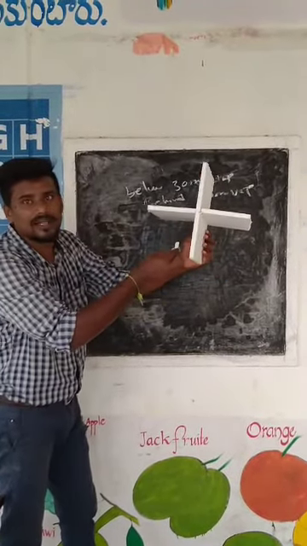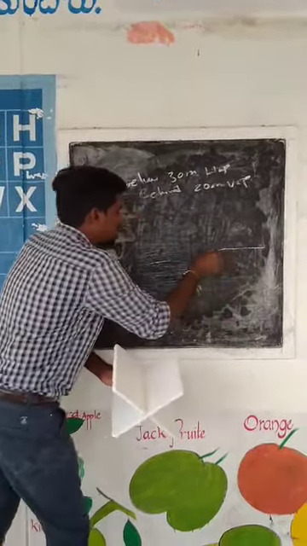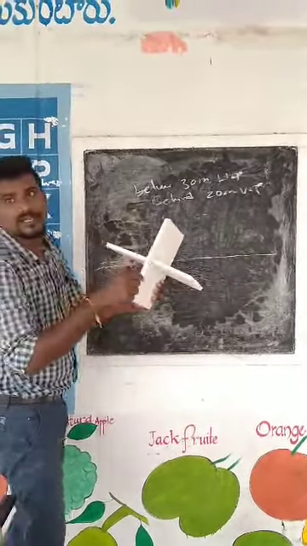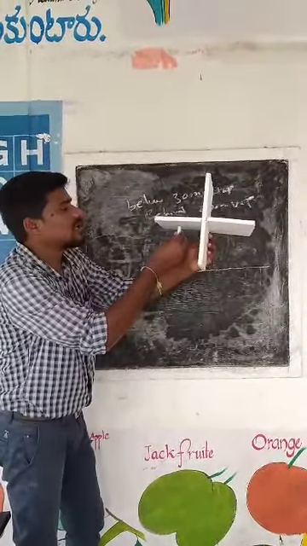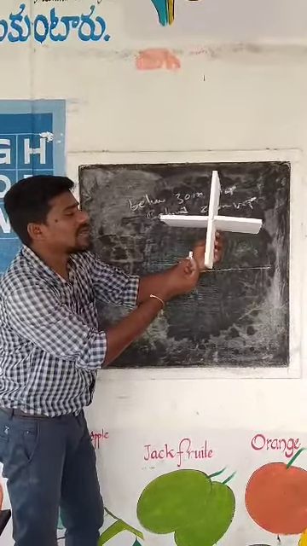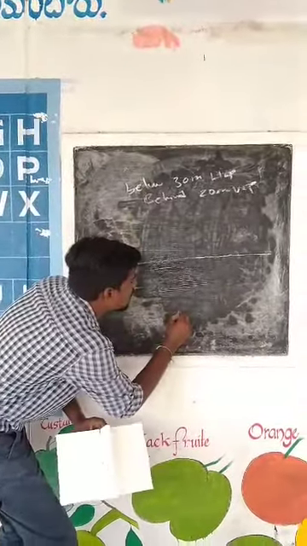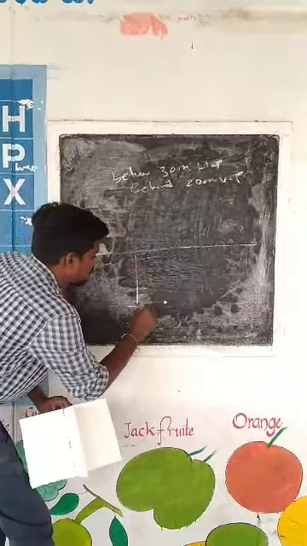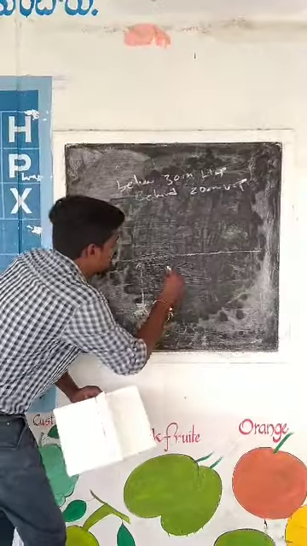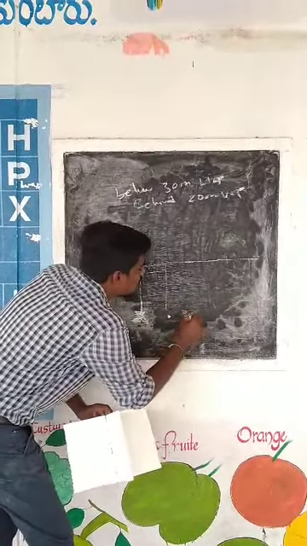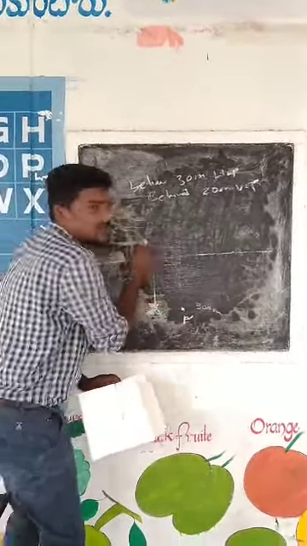Below the horizontal plane by 30 mm means, this is the baseline, the intersection of both planes. Below the horizontal plane by 30 mm, the point lies here. From the front view, this is point P, 30 mm. The point P lies 30 mm from this base. This is point P dash, the front view.